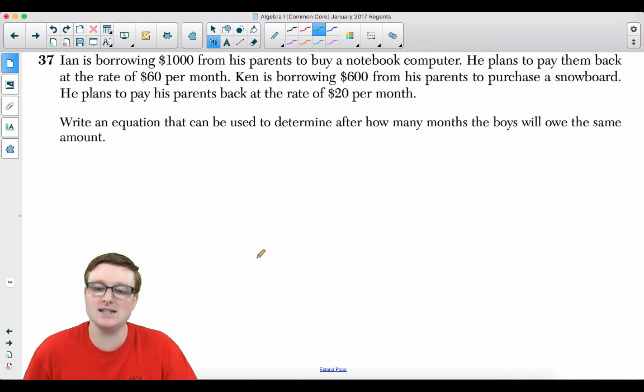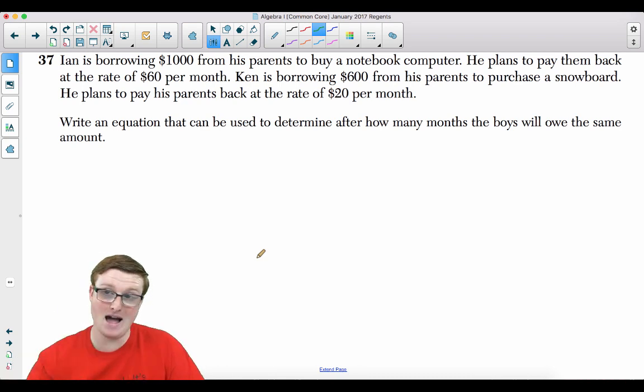Ken is borrowing $600 from his parents to purchase a snowboard. He plans to pay his parents back at a rate of $20 a month. How about you get a job, kids? No, I'm just kidding. Write an equation that can be used to determine how many months the boys will owe